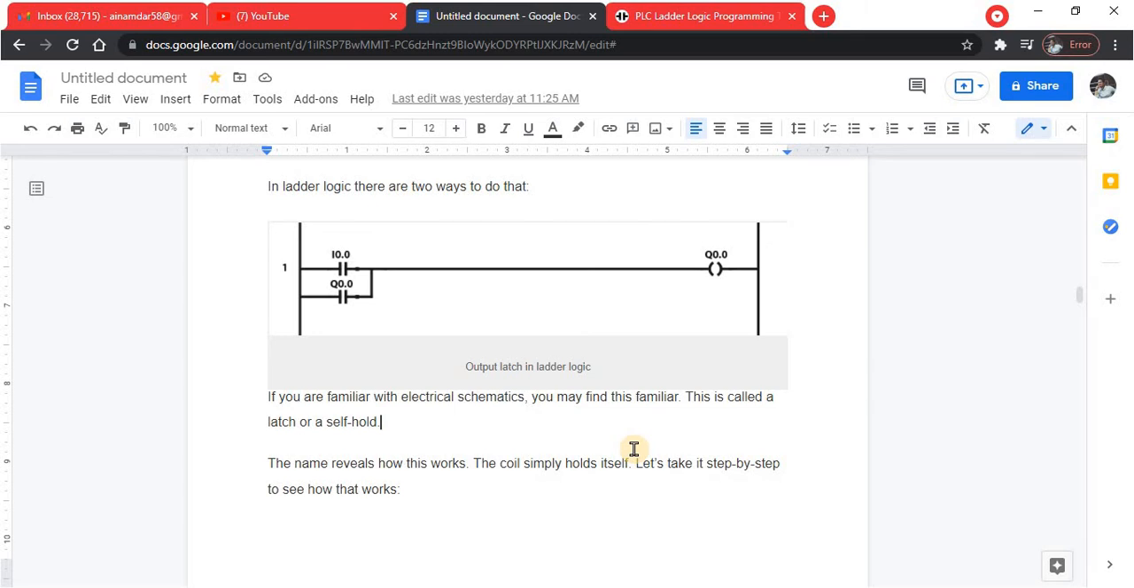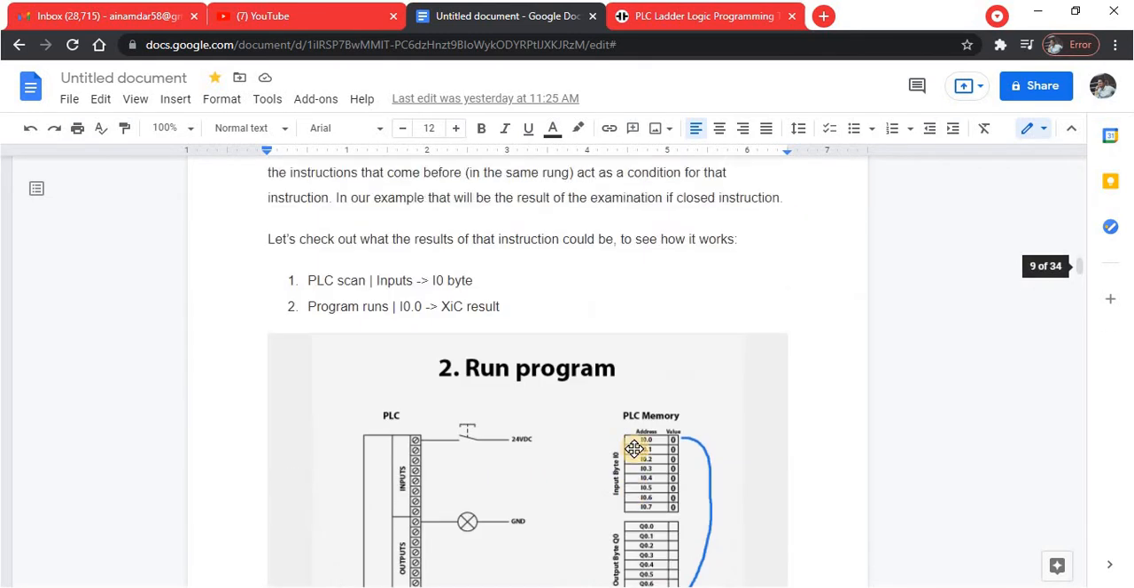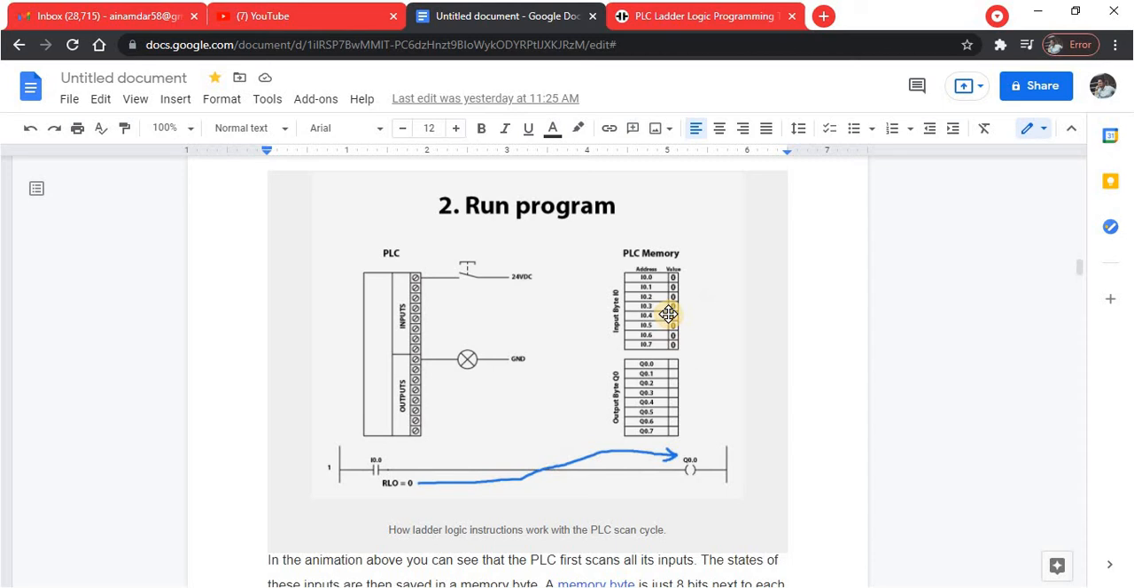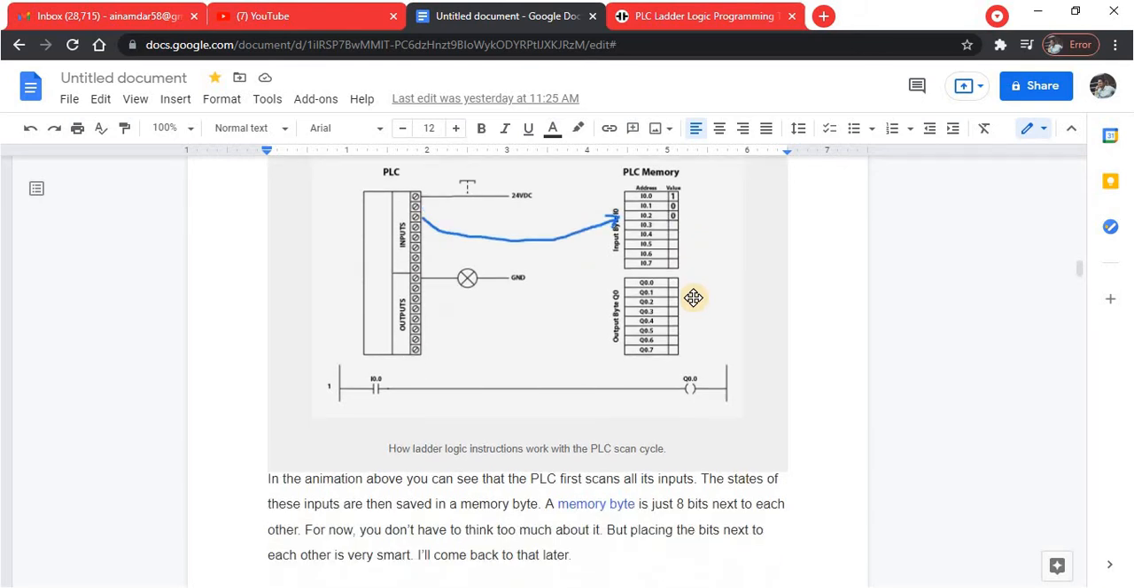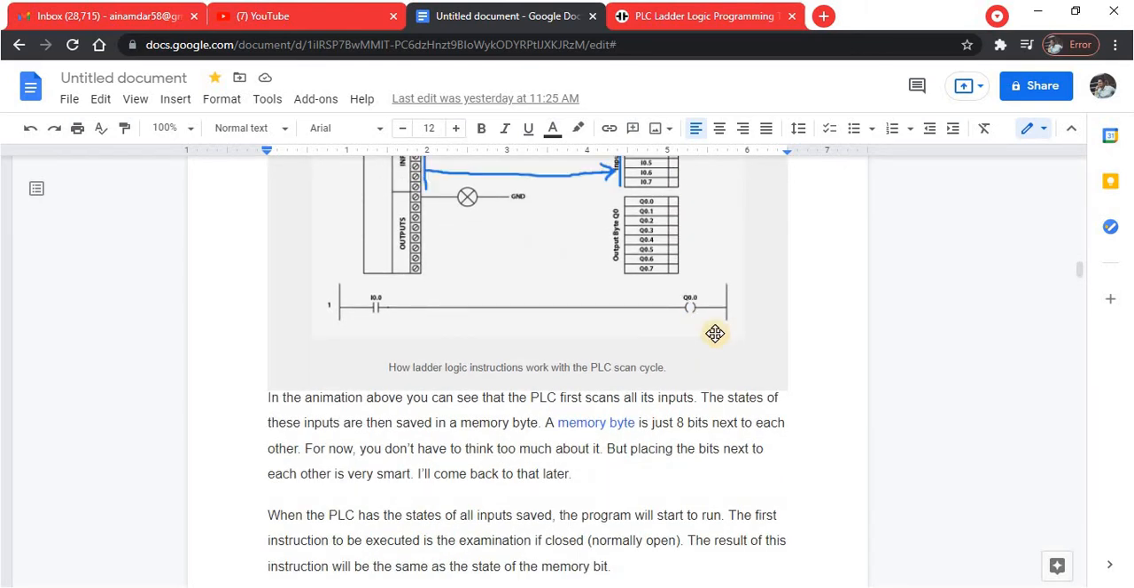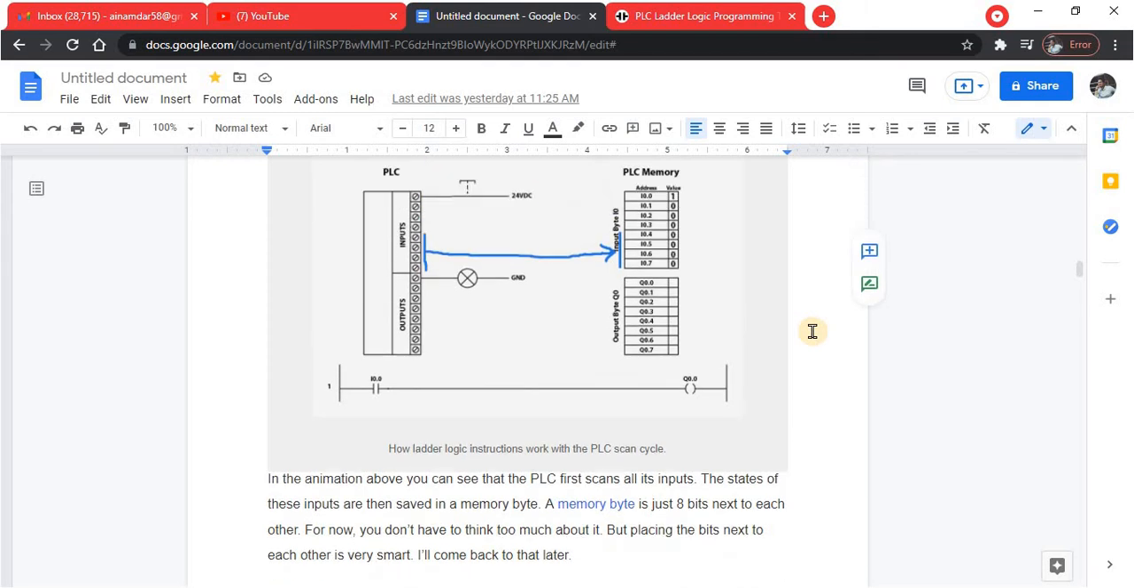So in memory bit IO.0, the PLC will now save a 0. The first examine if closed instruction with IO.0 as a condition will be evaluated to false or 0. Okay, but as you can see, there is another examine if closed instruction parallel to the other one, but this one has